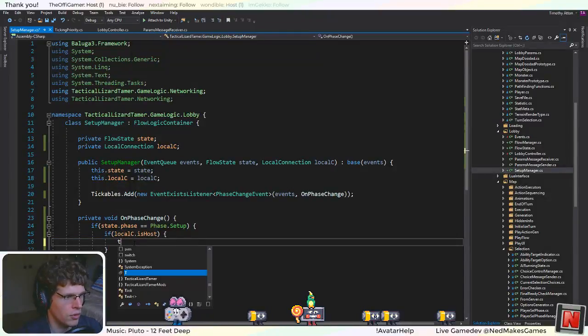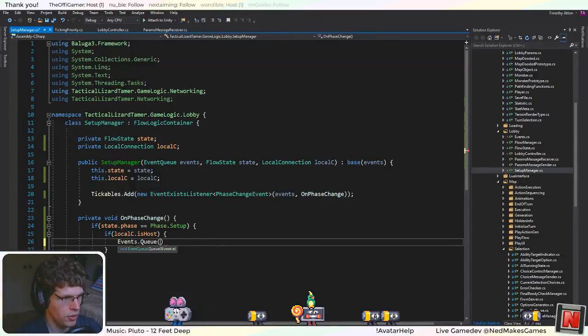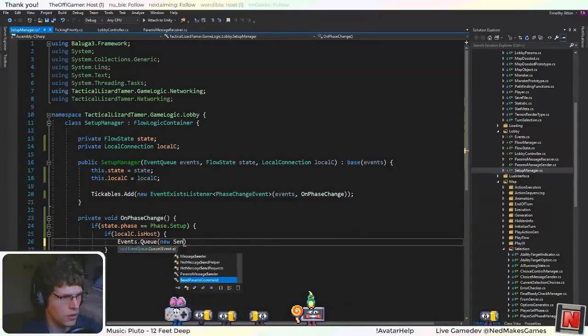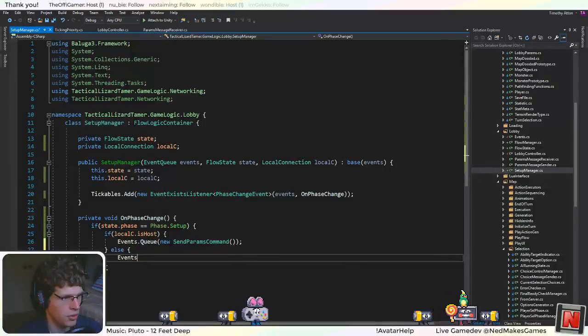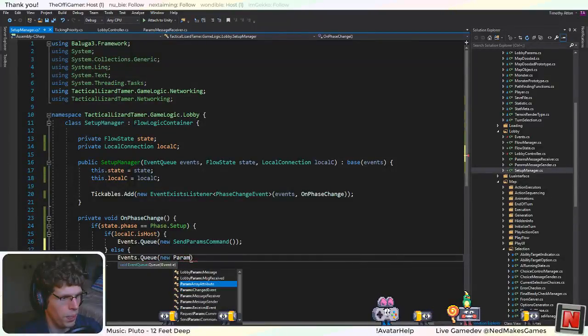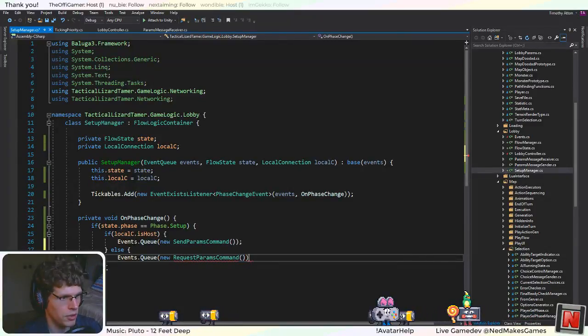So events, queue new params, send, or what is it? Send params command. And if we're not the host, then we would queue request params command, which we don't actually deal with yet, but